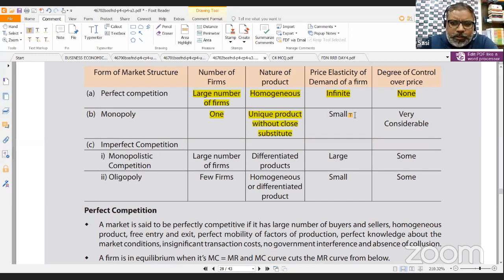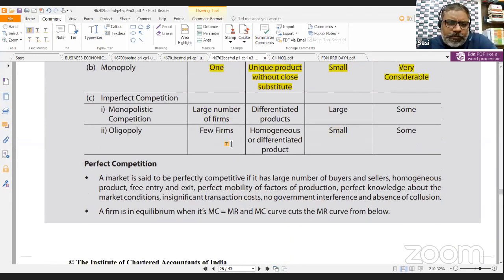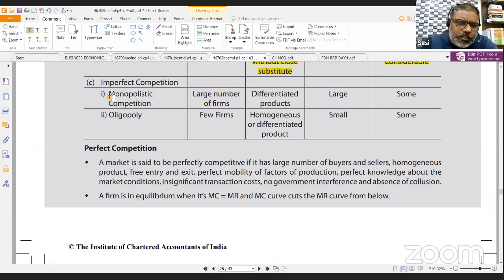And price elasticity will be small because people do not have a choice. They have to go for purchasing from the monopolist only, irrespective of increasing price or not. And the degree of control over the price by the monopolist is very considerable, naturally. Why? Because he is the price maker, whereas a perfectly competitive firm is a price taker. Monopolist is a price maker. That is the difference. And coming to imperfect competition, it can be classified into two categories further: monopolistic competition